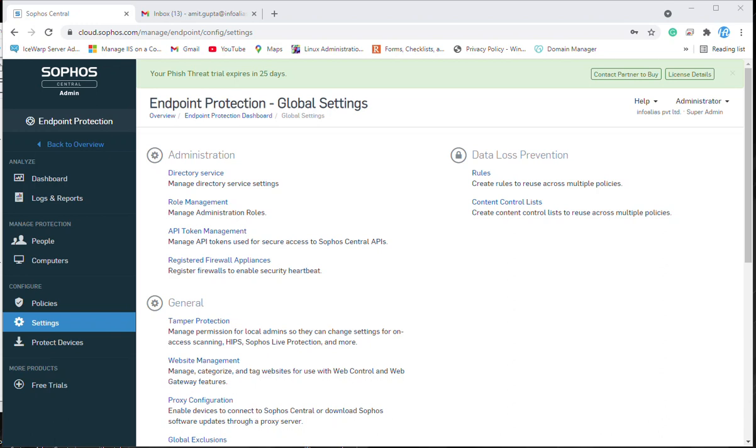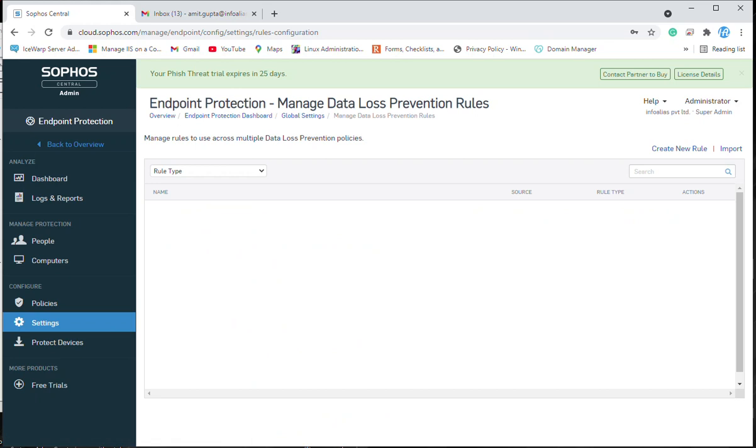In this video, we will learn about data loss prevention, how we can configure data loss prevention, including their rules and content control list as well. For that, we have just logged in on the Sophos Central Admin, and on the dashboard, we can see data loss prevention is there inside the settings configuration tab, and we will create a rule with the help of